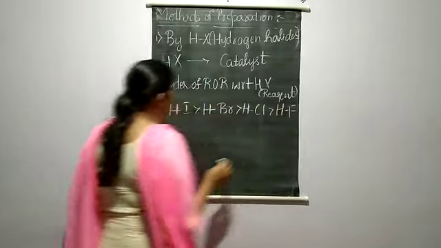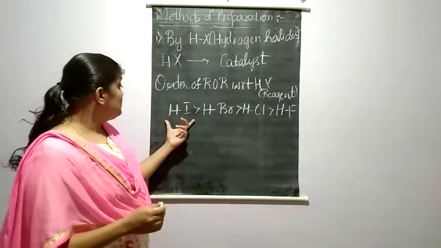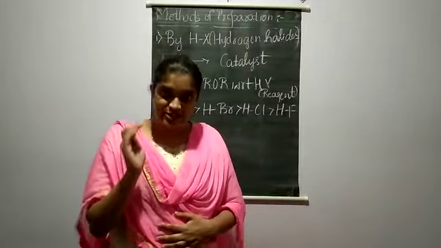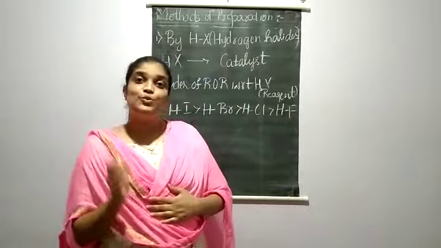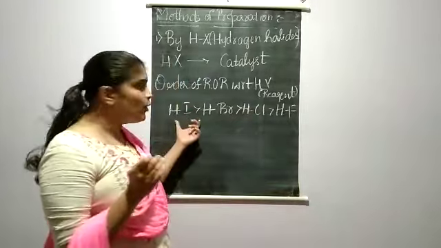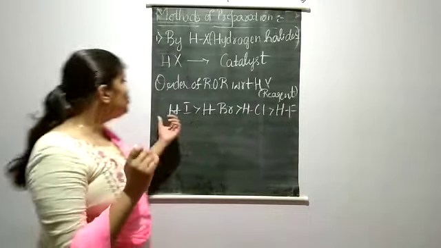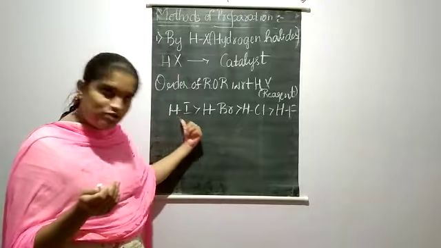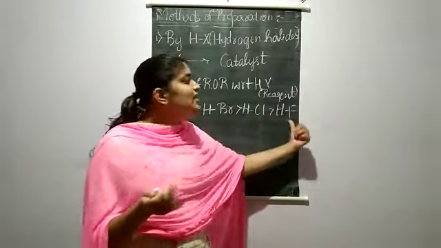Now here why I have written the order in this way is, you should know here, students, in hydrogen iodide, the bond dissociation energy which is required is very less because of its size. You know that iodine is very much bigger in size when compared to other elements. So because of that, our bond length will be more. So that means the energy which is required will be less. So here the rate of reactivity will be more in case of hydrogen iodide. Then it comes hydrogen bromide, then hydrogen chloride, then hydrogen fluoride.